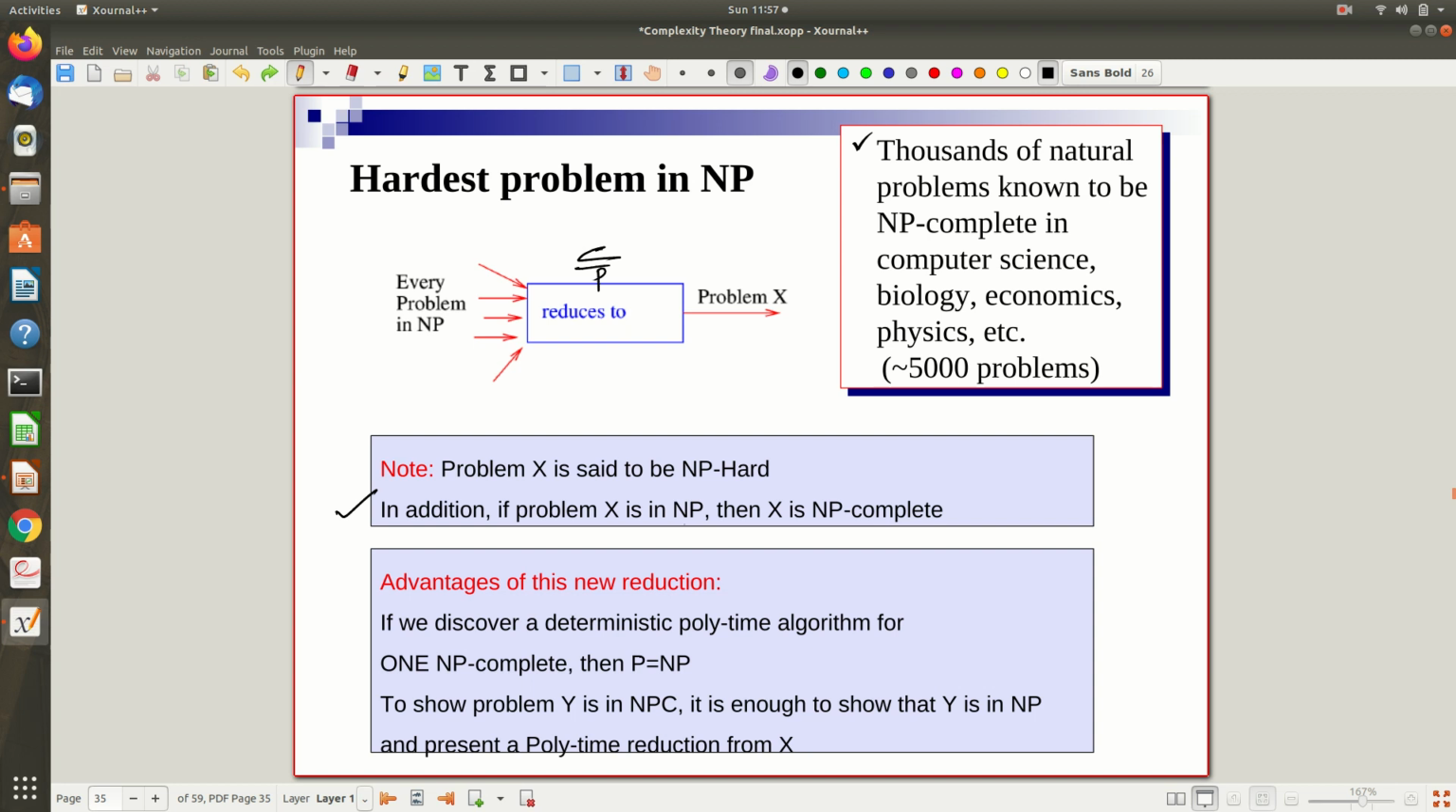Now, given any random problem, say y, just like what we saw in the previous slide, say the independent set problem, how can you show that it is NP complete? To show that a particular problem, say x, is NP complete, first you have to show that it is NP hard, and then you have to show that it is in NP. You can do it in any order, but proving that it is in NP is mostly straightforward,